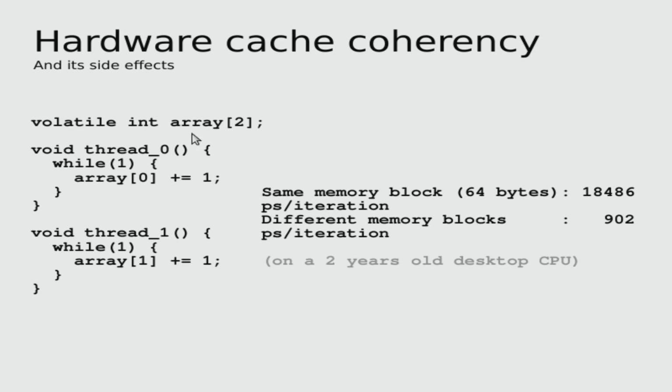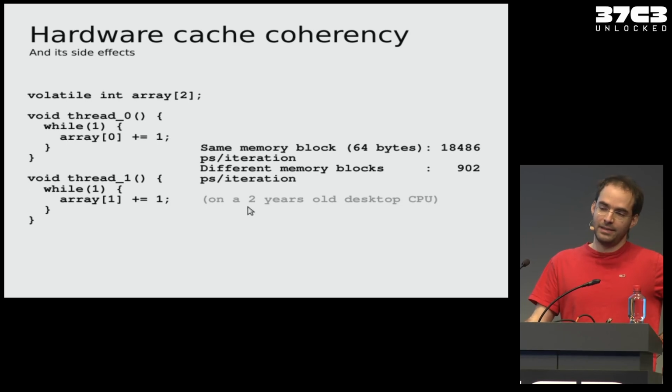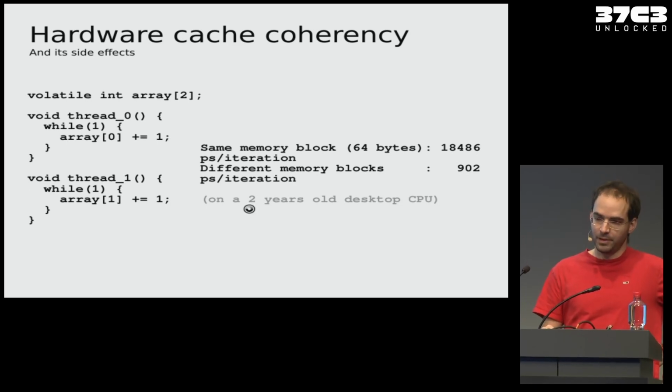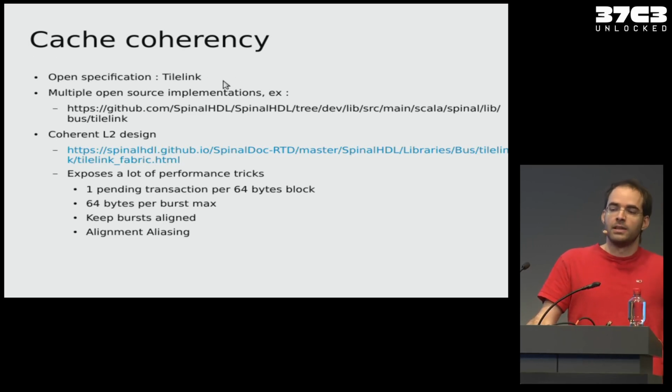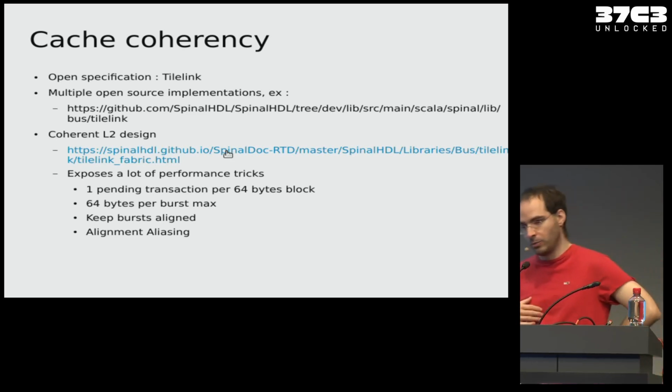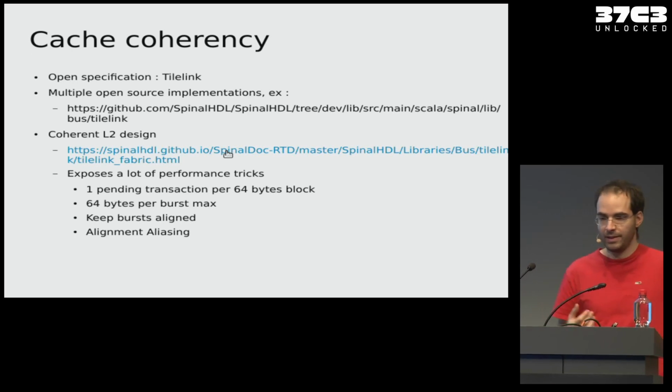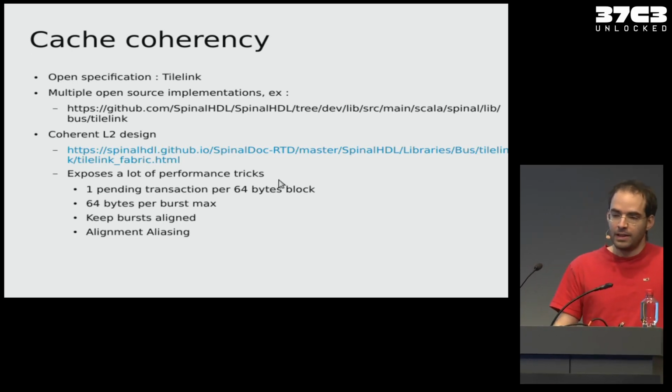And if it ends up that the two elements of the array are in different memory blocks, there is no interference between the two data caches, and things go 20 times faster. And that's on a 2-year-old desktop CPU, so it's really something which is observable. So yeah, if you're interested in this, you can, for instance, take a look at the TileLink specification. And one thing is, because I had to implement the L2 cache to work with this TileLink specification,